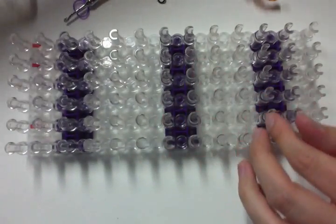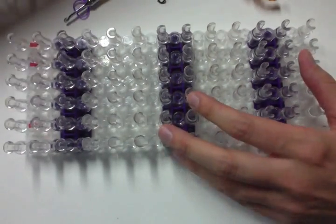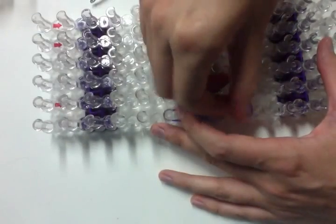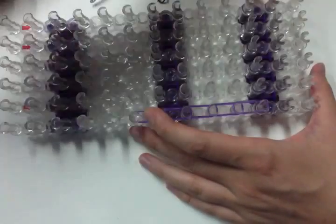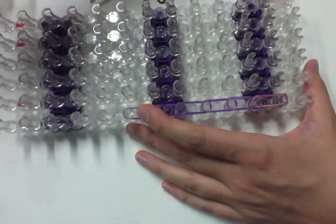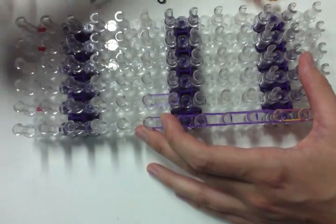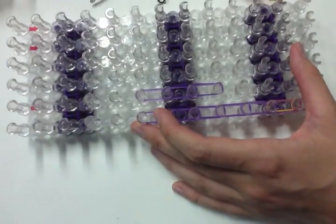Okay, now take your purple, just 2 purple at a time, starting here. Okay. Okay, now here we're going to take purple and mango. And purple and mango one more time. Okay, and take purple here, and here, and here, yeah, here. Okay, now purple and blue